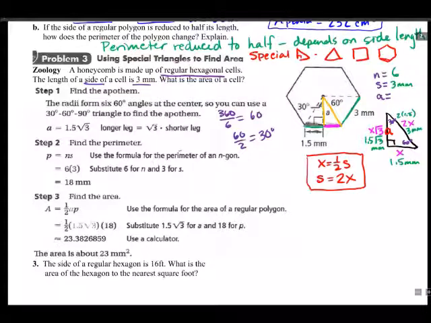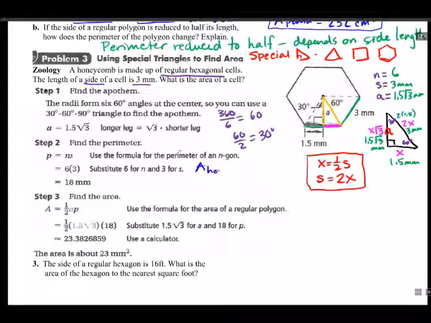We need a base and a height to find the area of this triangle. So my apothem is 1.5 square root 3 millimeters. Notice how nicely we found that? And then all I have to do,